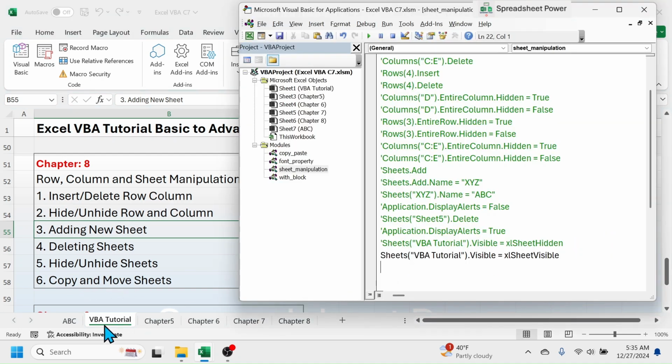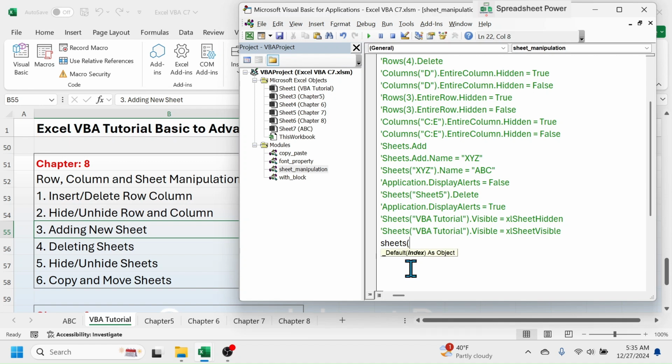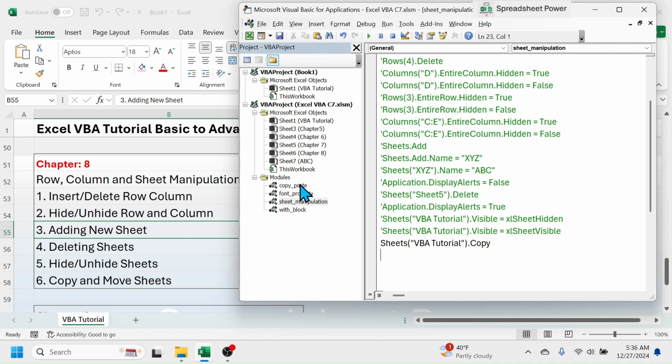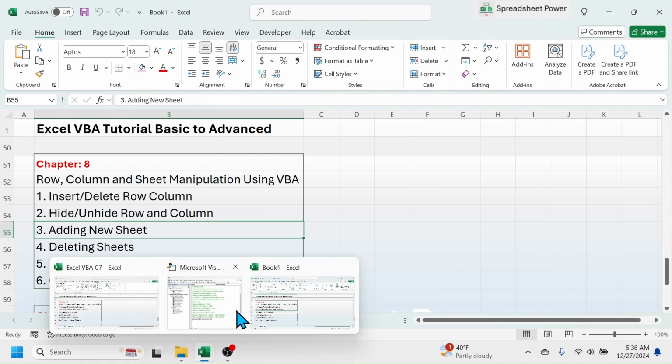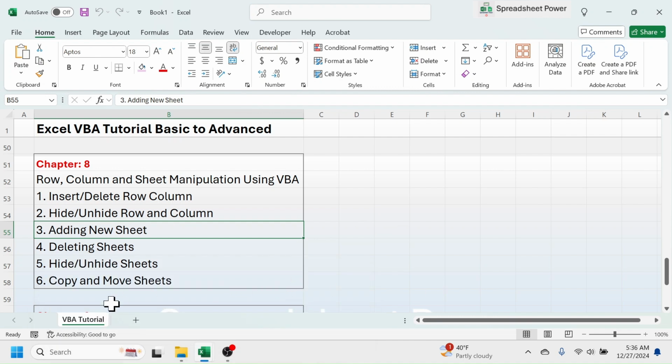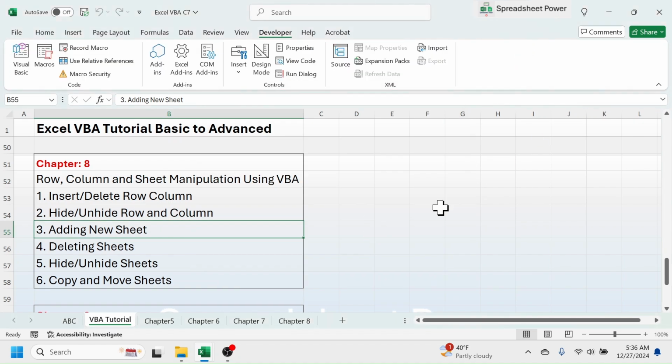Suppose that if you want to create a copy of this VBA tutorial sheet, then the code will be sheets VBA tutorial dot copy. Click on the run button. This has created a copy of VBA tutorial sheet in a new workbook. Here you see a new workbook is created for VBA tutorial sheet with the name of book 1. If you want to copy the VBA tutorial sheet and keep it in the same workbook, then the code will be